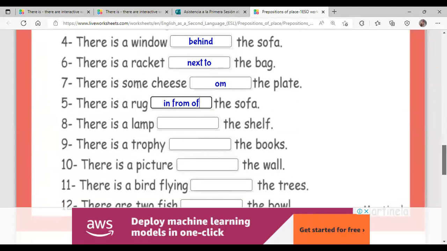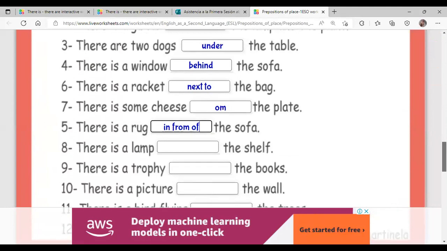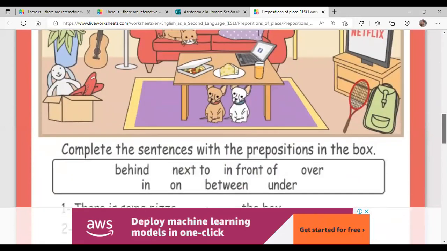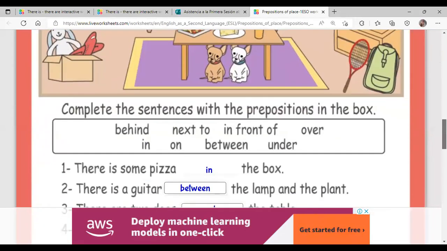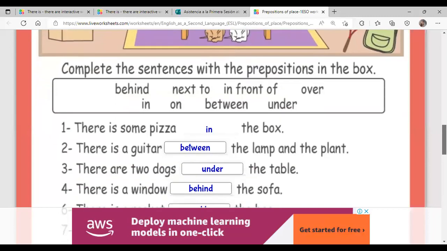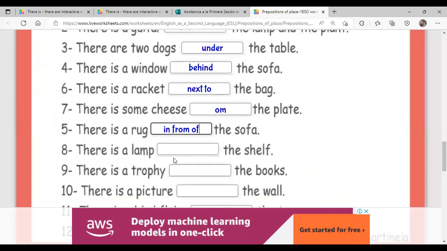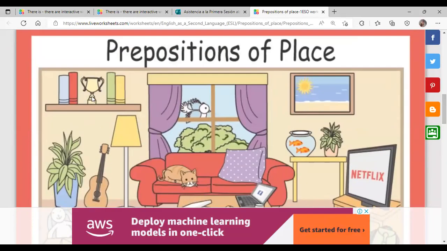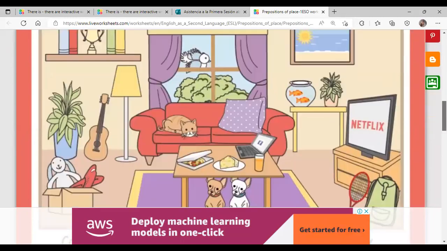Y tenemos, there is a lamp, the shelf. There is a lamp. ¿Dónde está la lámpara? Abajo de la repisa, ¿no? Entonces tenemos que decir behind, no, under the shelf, under the shelf. There is a trophy. Vean el trofeo, ¿dónde está? Where is the trophy? This is the trophy. And the trophy is